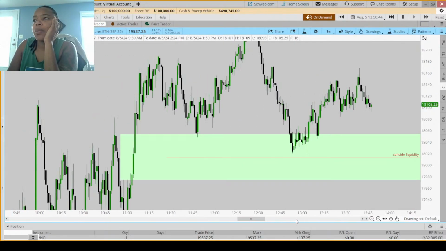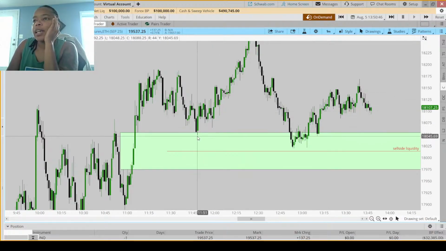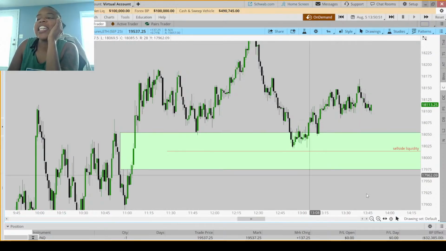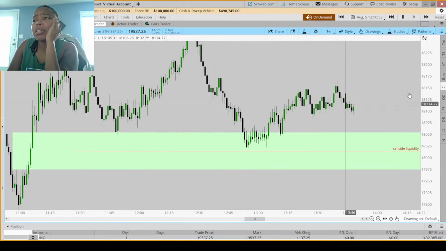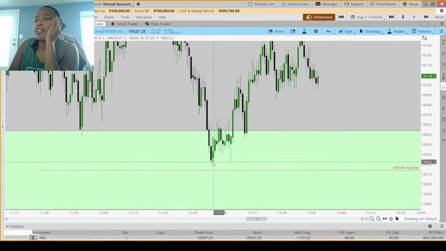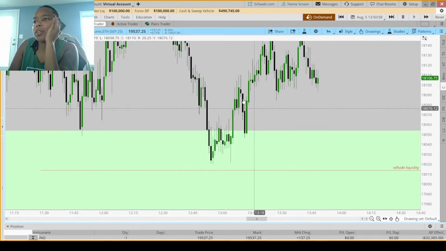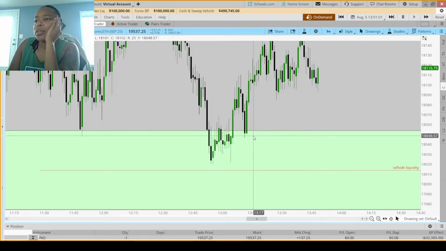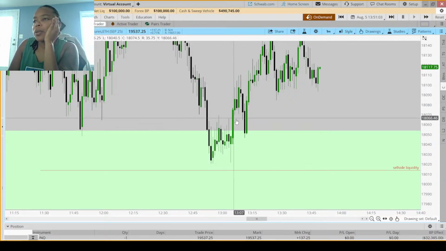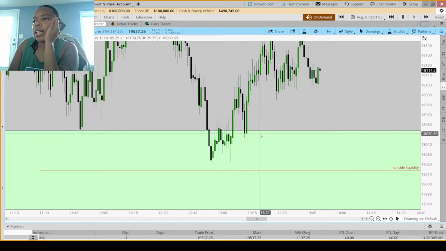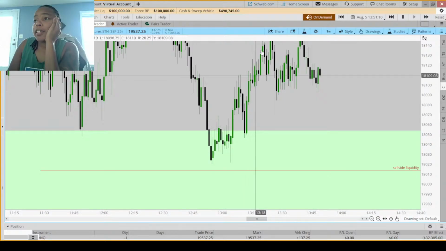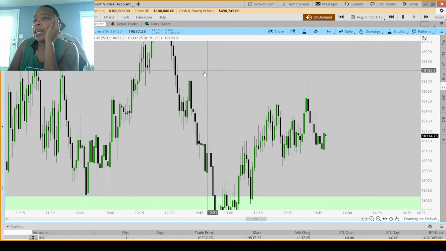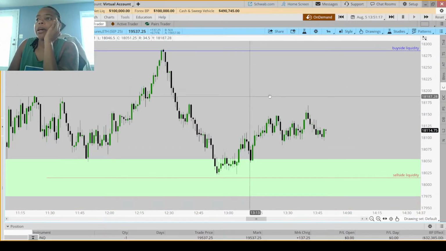Sometimes I'll come in here and look at what they've done. They've taken this low out, swept liquidity here, so they don't technically need to do it again. Then we did have a shift, but it was a very messy one with a fair value gap. It is technically an order block. There's nothing blocking it. That candle right there could have been an entry. They definitely used it and ran up, but didn't take that high out either. So still chopping about.